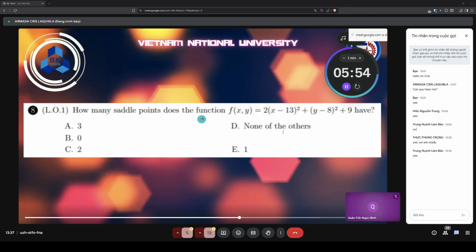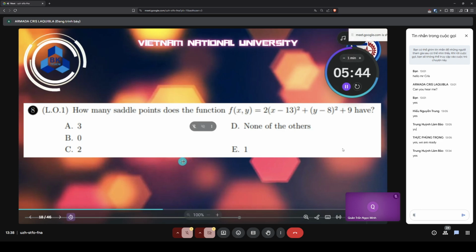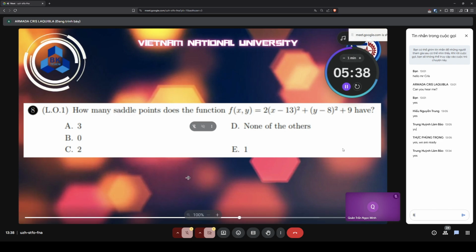So class, the shortcut for this one is you solve the fx and the fy. After that, please solve the fxx, fyy, and then the fxy. You solve the d there. If your d is just a number,